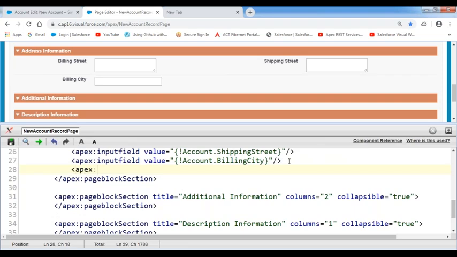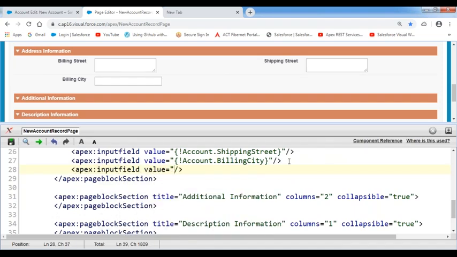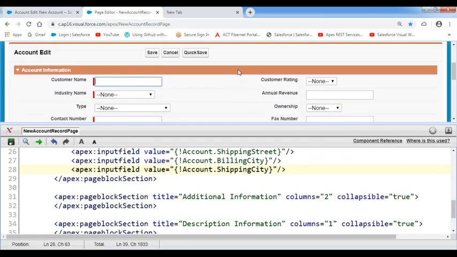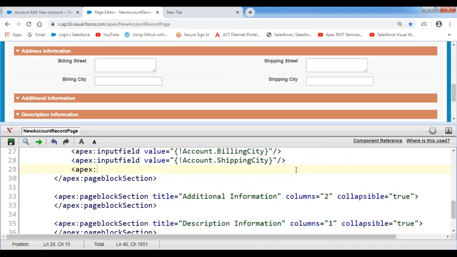Now what is the next field? What is that? Shipping city, right? Say confidently, whatever it may be, right or wrong. No problem. We are placing the shipping city in this place, similar to the billing city. Input field, that